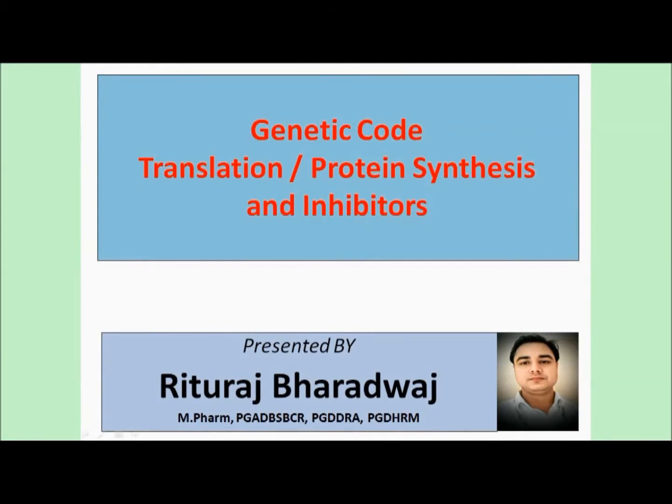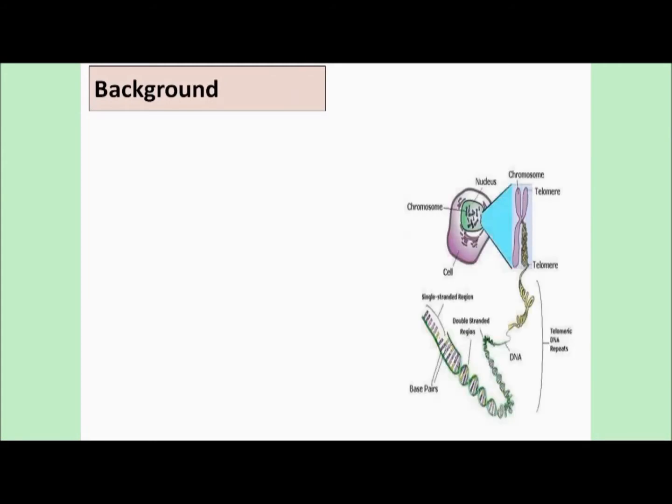So let's start. First of all, we know that this is a chromosome. It's generally found in the nucleus. In the chromosome, generally we have this telomere. These are the ends, right? These telomeres are a form of DNA repeats. And from here, if you see the DNA, generally the DNA is double stranded. As we have already studied in our previous class, it will start unwinding, right? So this is a single stranded region. From here the process of translation will start.